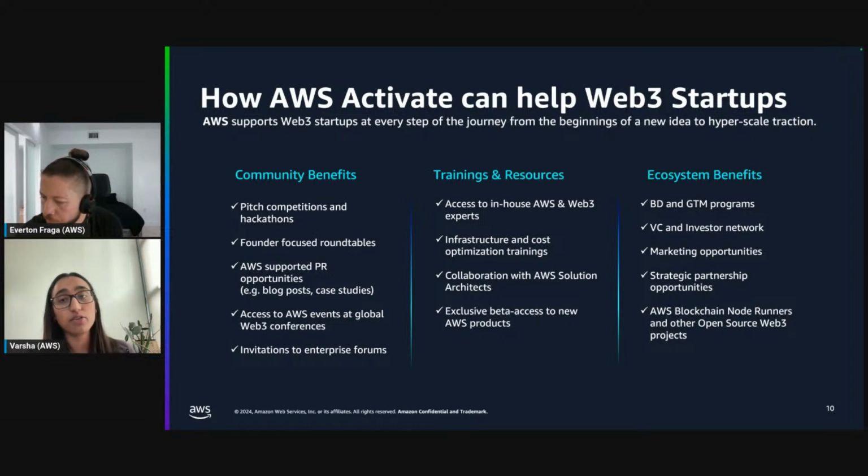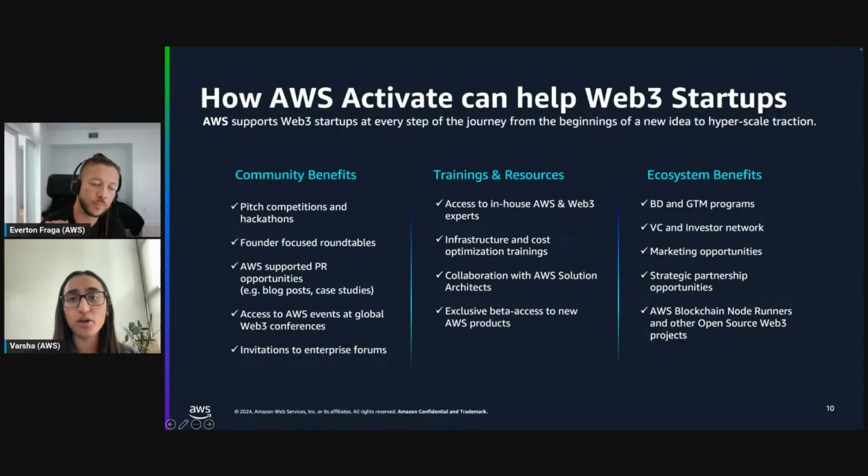And then we also offer a plethora of trainings and resources that includes access to in-house AWS and Web3 experts, such as SAs, such as me and Everton, and also you can utilize infrastructure and cost optimization trainings.